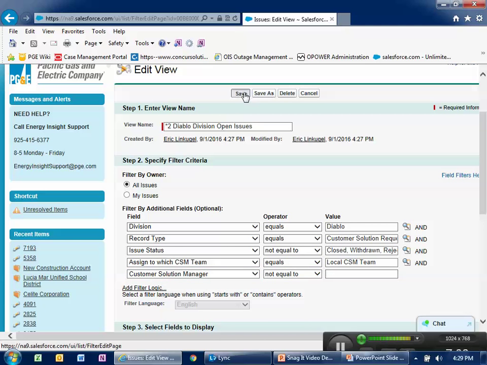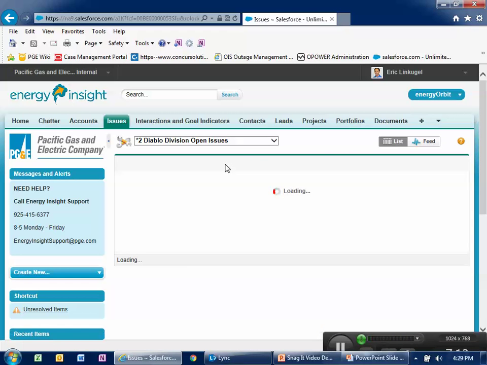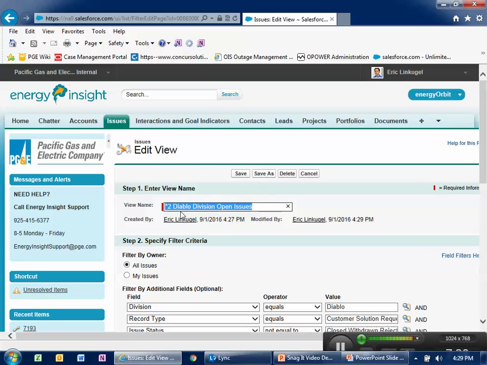Now you can just hit Save. Now you've completed your second one. Now the last piece, and so you can see there's several in Diablo Division that are currently open that are assigned. Now to make that third view, all we're going to do is we're going to go up here one more time. We're going to hit the Edit button. We're going to change the name here to number 3. This will be Diablo Division